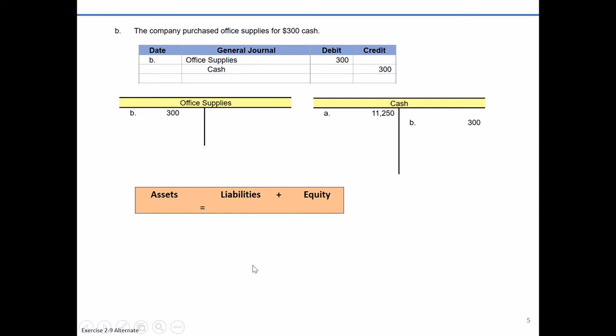Also want to ask you a question. What if we change this slightly? Here we're saying the company purchases office supplies for $300 cash. So my assumption is that either we've walked into Home Depot for $300, walked out with, again, toner cartridges, paper, whatever it is, paid $300 in cash. Maybe we previously put in an order to some local office supply company and they've actually delivered and we paid cash to